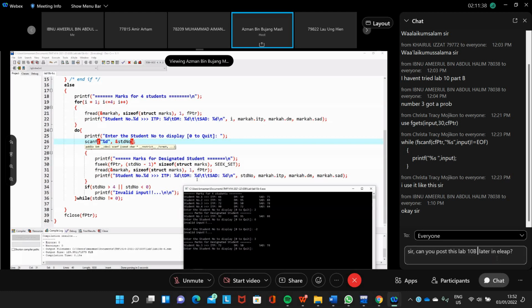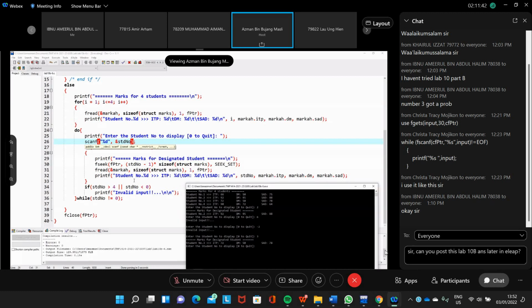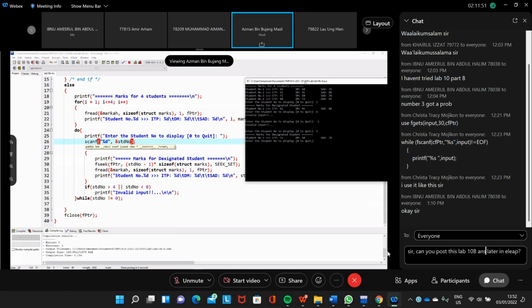Then you can read the data at that position and put it into your structure, so you get the data at that position. Here, for example, if you put 4, then we get student number 4.